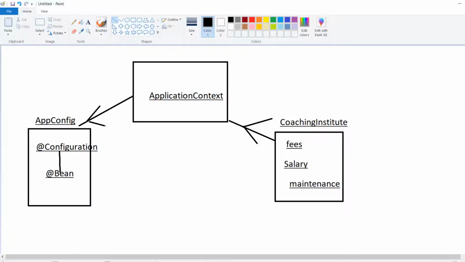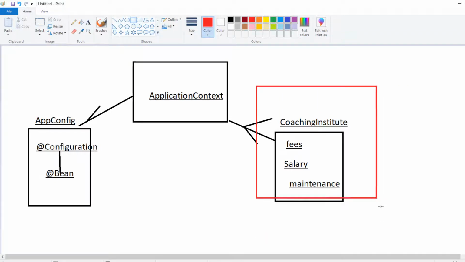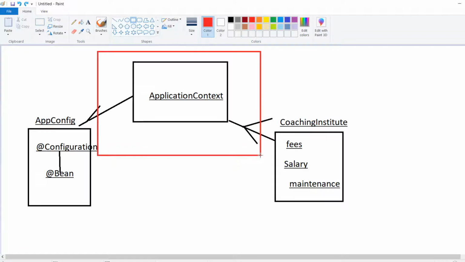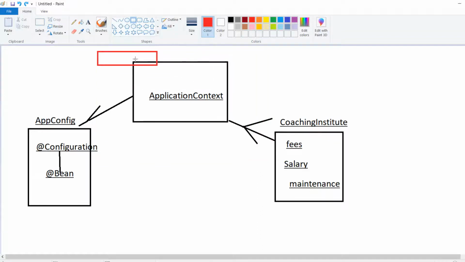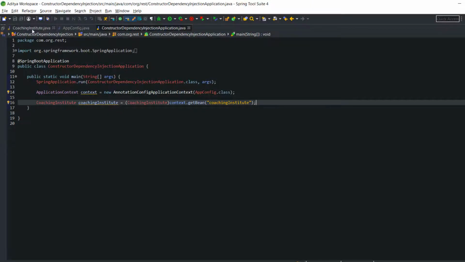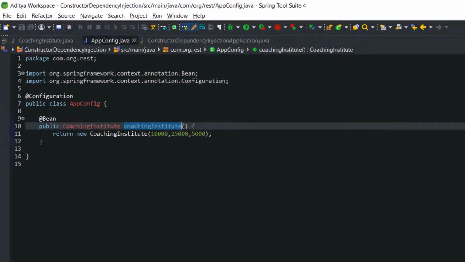So all the job what I have shown in the diagram, business layer completed, configuration of IOC container, those are also completed, and I have connected all those with the help of an application context. Now let's see that all the data which I have inserted in the app config data is properly inserted or not.